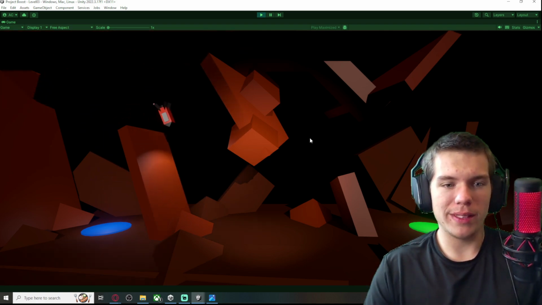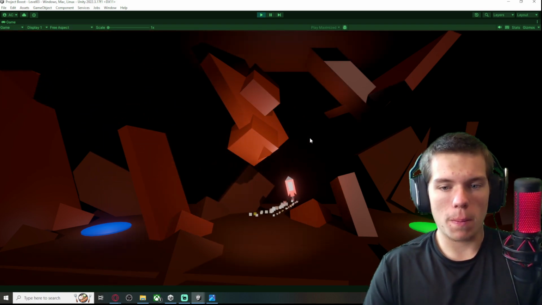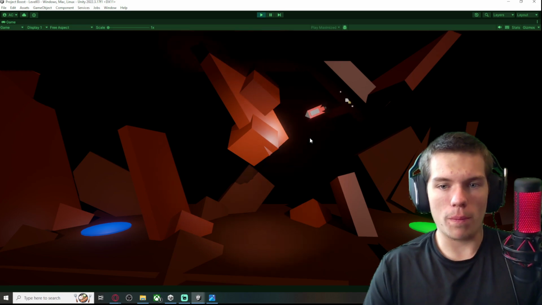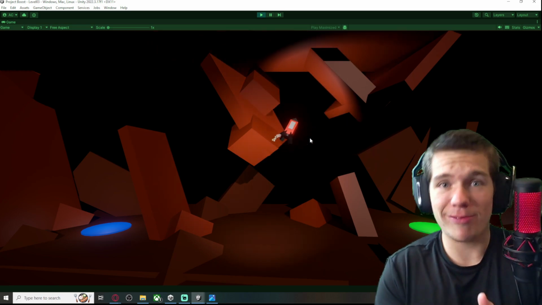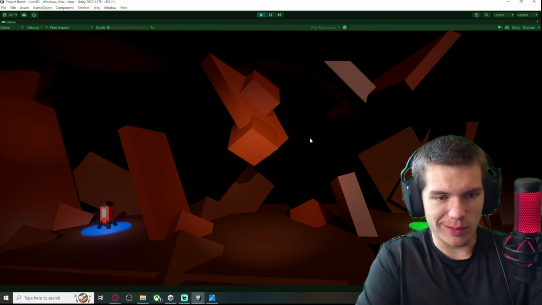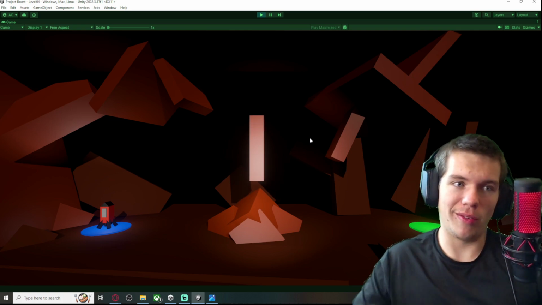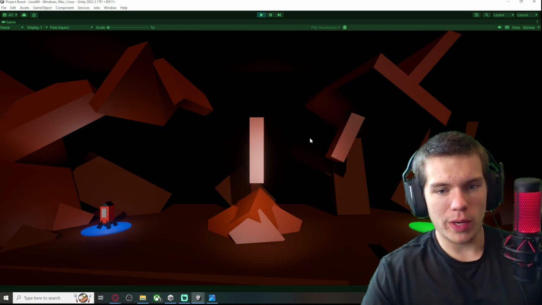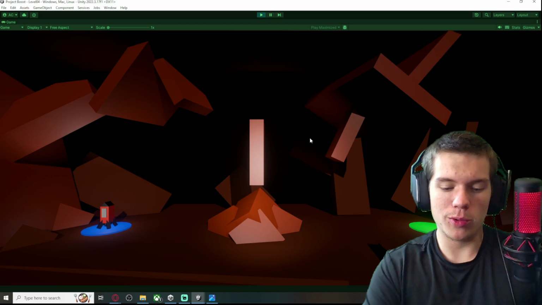Let's see if I can complete this one. And oh my gosh. Okay. You know what? I have cheats on, so we're just going to go to the next level. So you can see all the different levels here. I'll just go through it real quick. This one has a moving platform up and down, really cool.